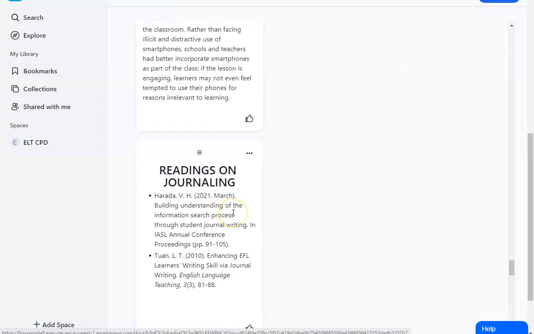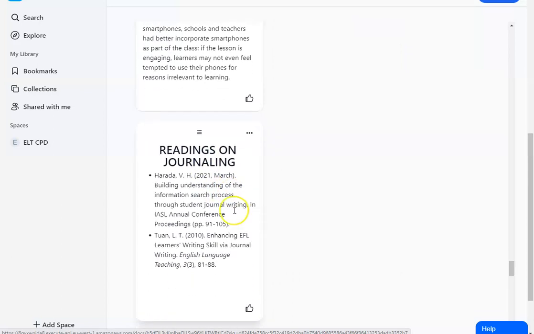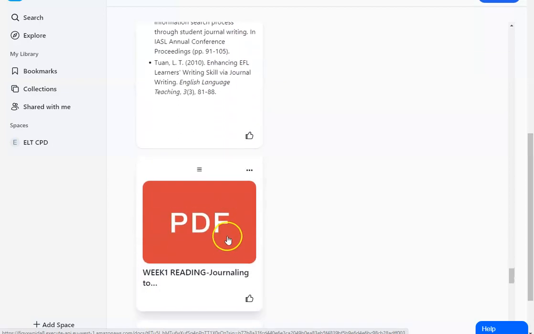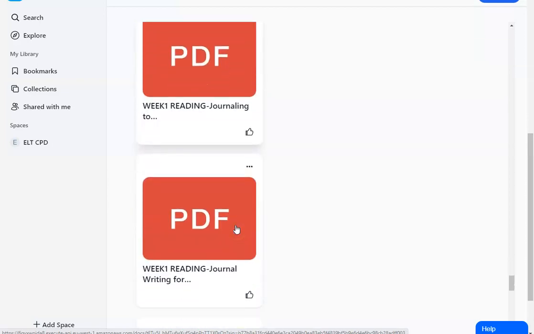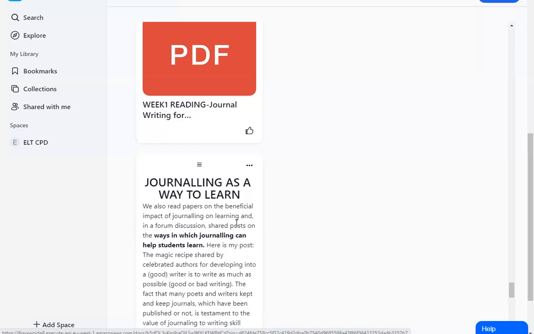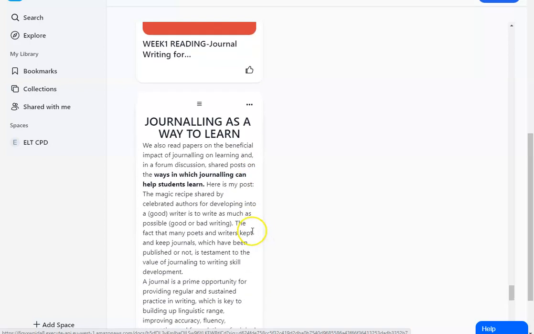Then we also read papers on the benefits of journaling for language learning, for developing a self-directed regular writing practice. And we put this into practice.